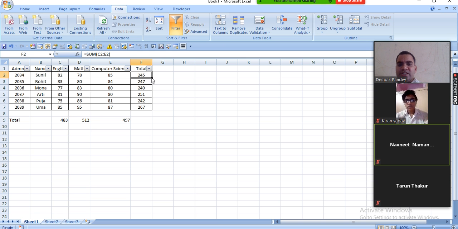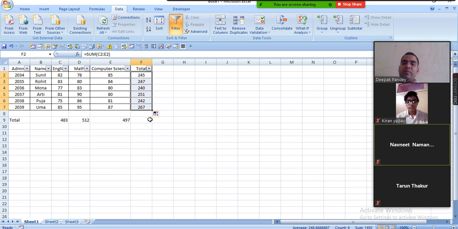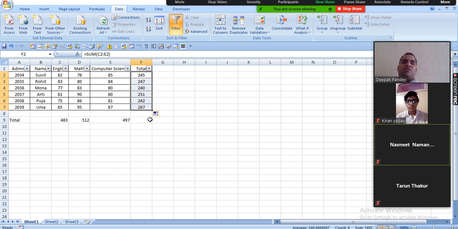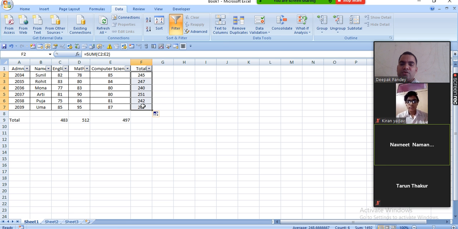Just put the cursor in the bottom right corner, and it converts into a plus sign. Then press the mouse button and drag it across, so it will automatically fill. This is how we can copy a formula across all the fields.